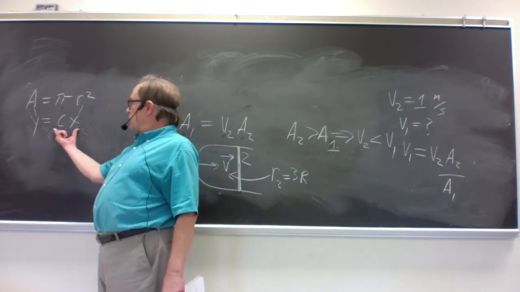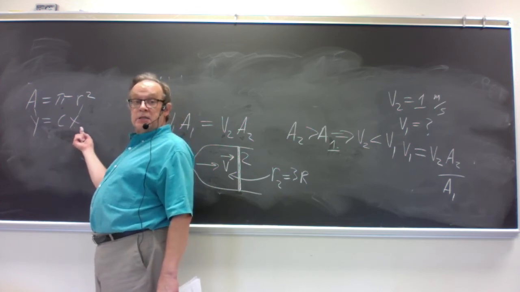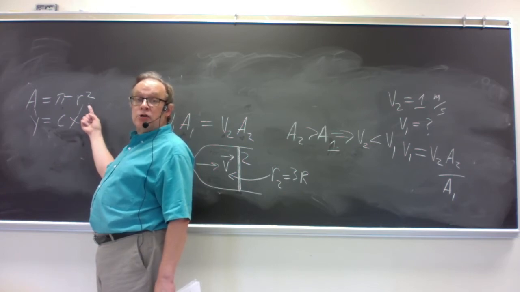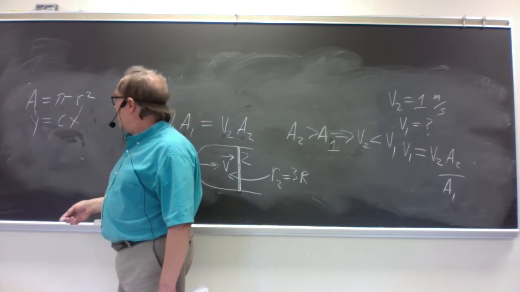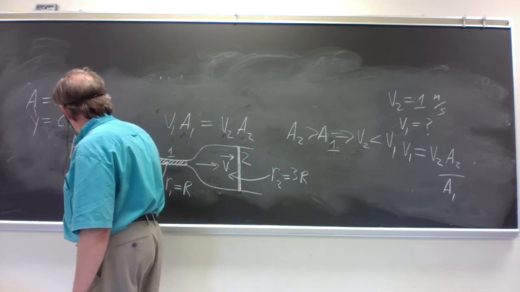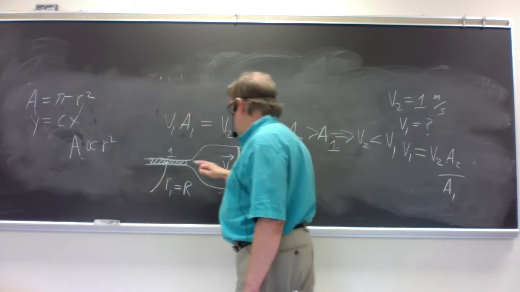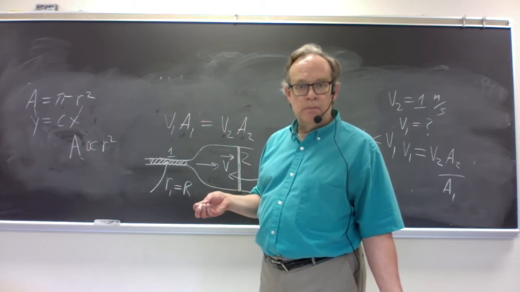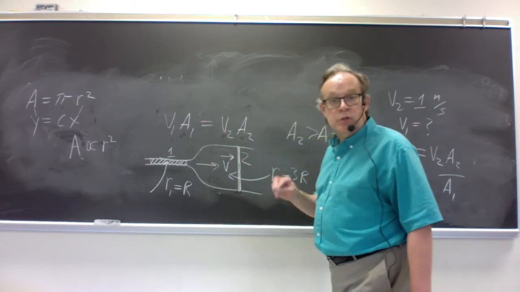Because this expression here means that everything in this term that isn't constant is the variable, and everything in this term that isn't constant is r times r, not just r. So area is directly proportional to r squared. So in going from region 1 to region 2, how does r squared, we know how r changes. R gets 3 times bigger,